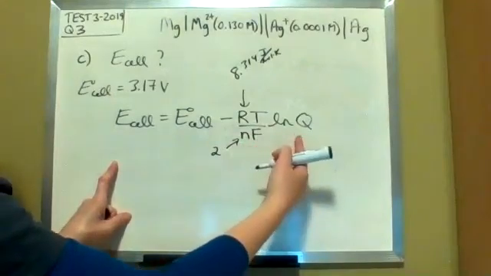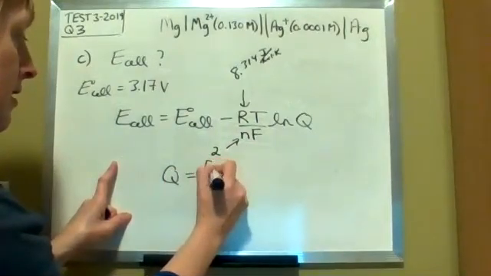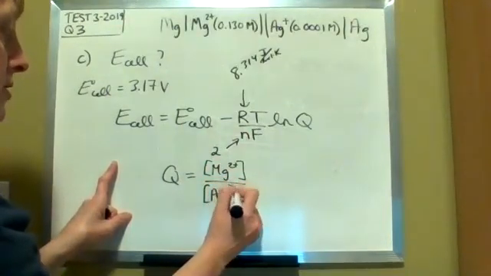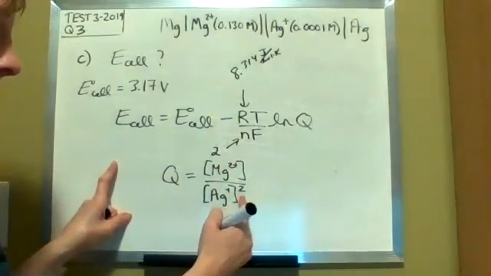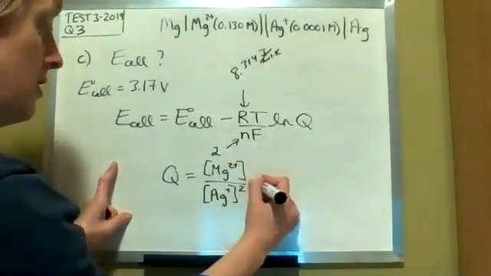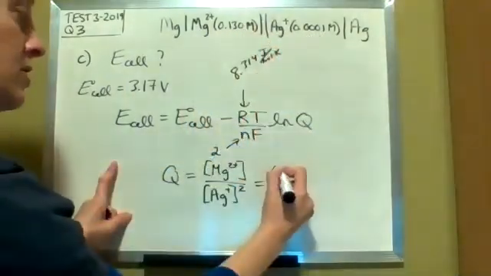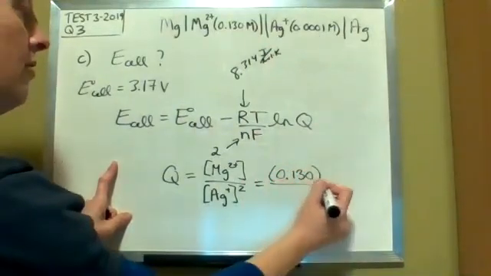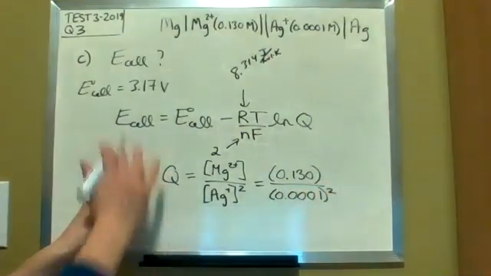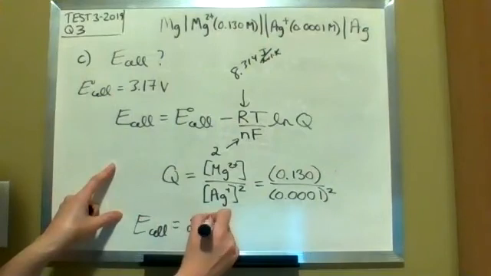We know Faraday's constant. Now Q comes from our balanced equation. From part A, we know that that is going to be the concentration of magnesium over the concentration of silver plus squared, because it had that stoichiometric coefficient of 2 in front of it that shows up in the reaction quotient equation. These numbers we're getting directly out of our cell notation. In concentration cells, they're actually telling you what those concentrations are. So 1.3 and 1.0001 squared. With all these values, you should be able to come up with an E cell value of 2.96